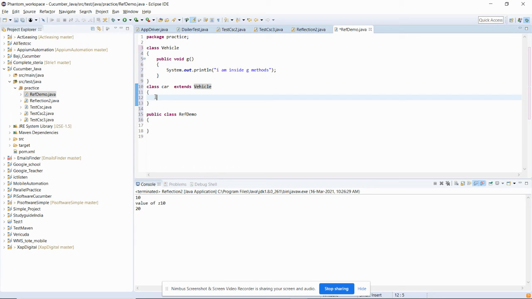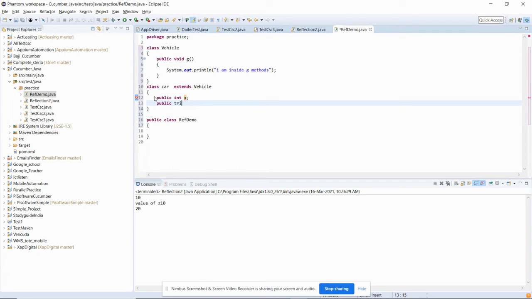Now suppose the Car class has some variables, like public int x, or public String name.